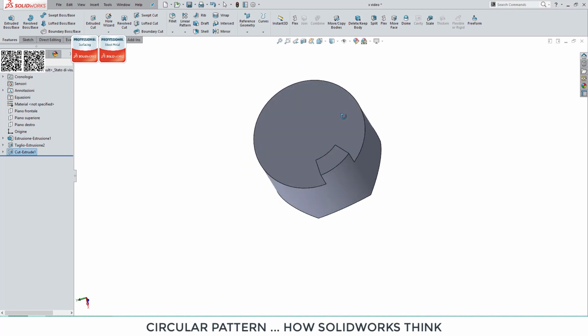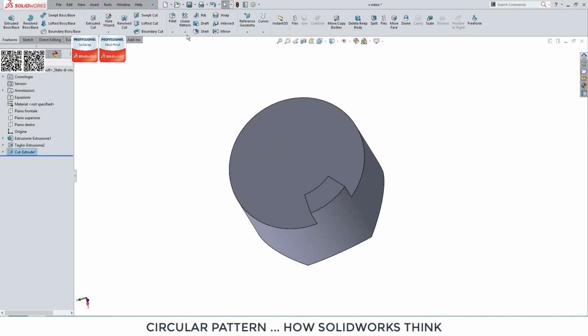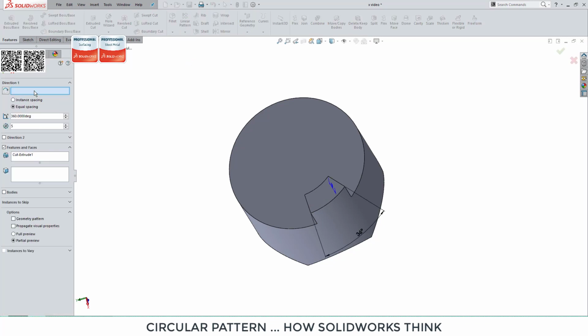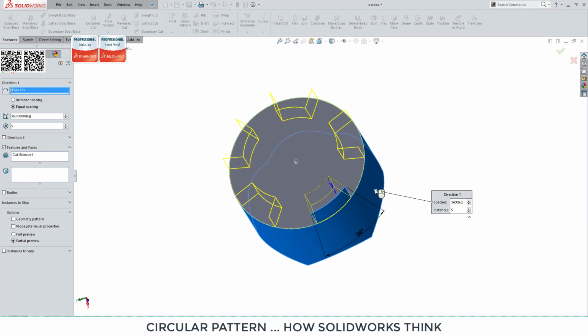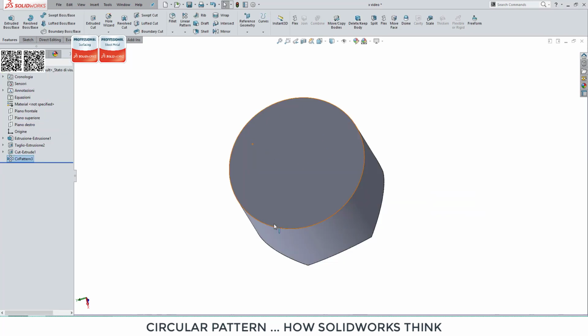Now, if I use a circular pattern, I use the axis. Okay. I use cut extrude, but now this happens. There is no teeth, so this is wrong. So